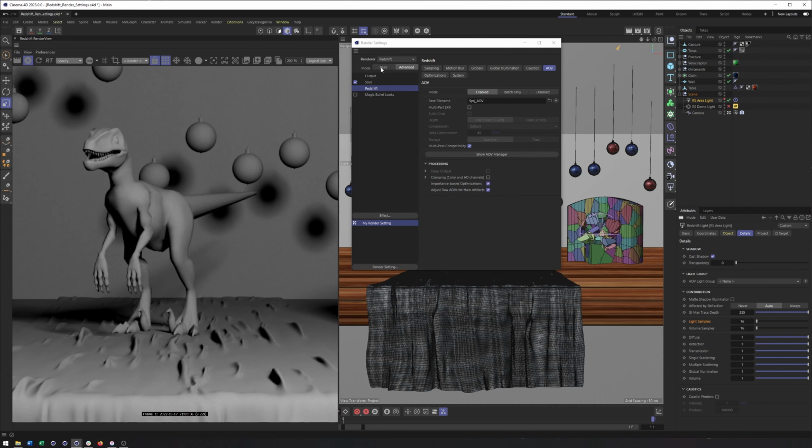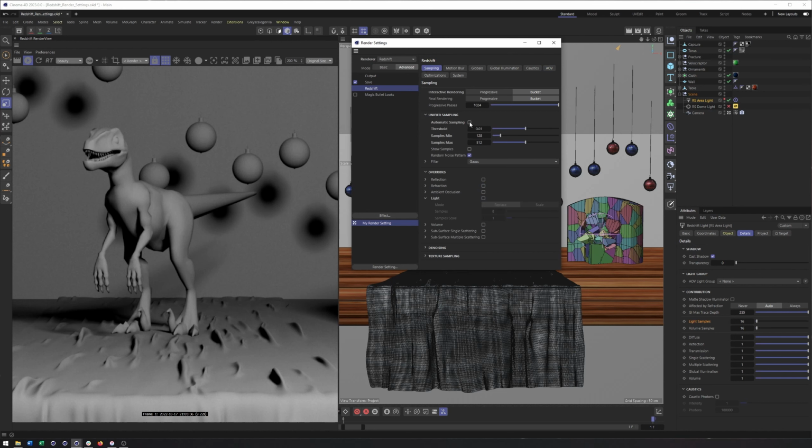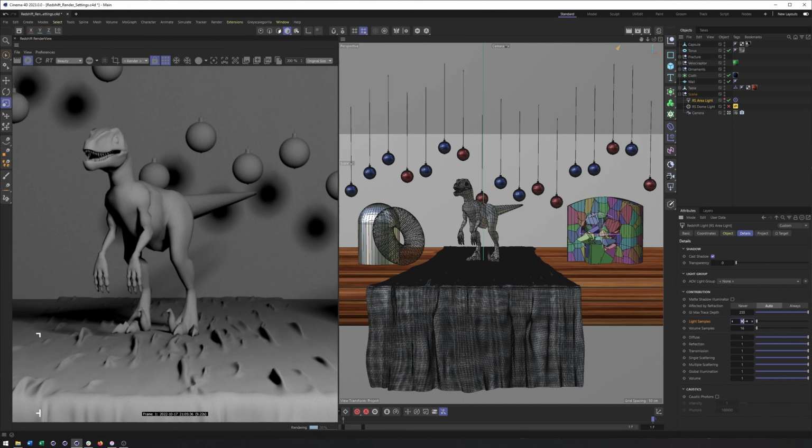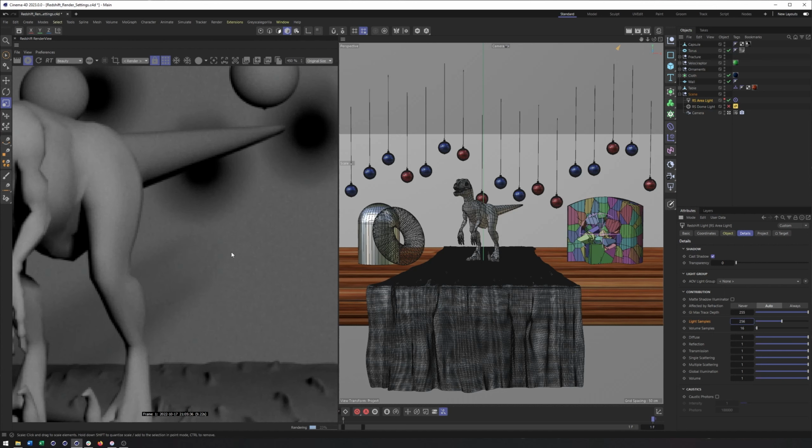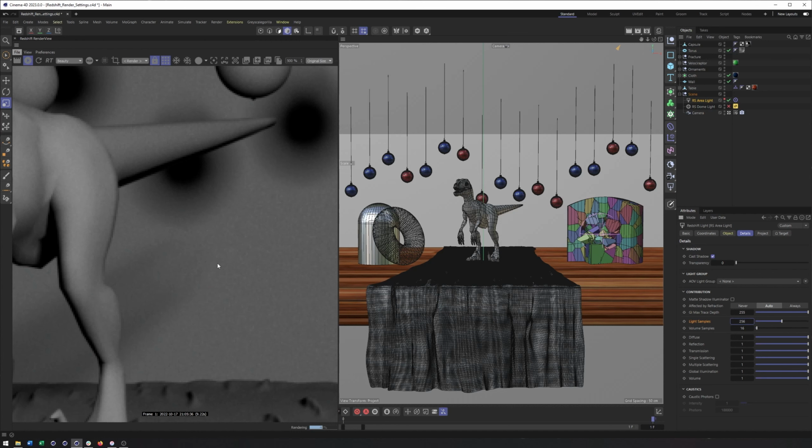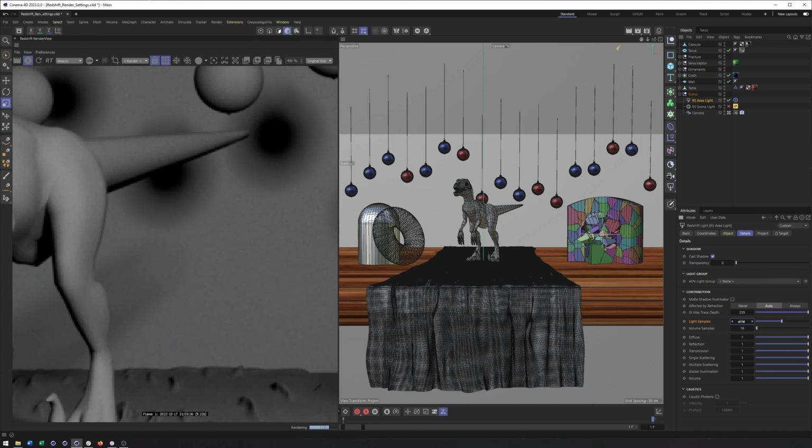And one thing you want to think about here is if you have automatic sampling turned on, those sample properties disappear. So if you can't find them, that is probably why. Okay, and I would just start by raising my samples. And for the interest of time, I'm going to skip a little bit higher, but I do recommend starting low. You never know just how many samples you'll need to get rid of the noise, but I've worked with this scene a few times now, so I know I'm going to really need to get something like 1024 to start